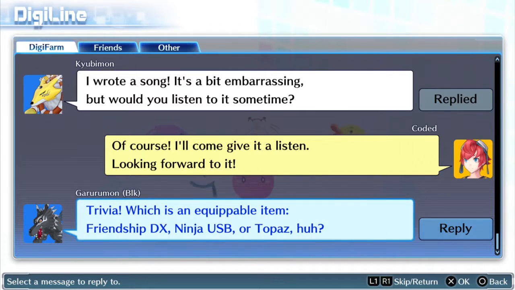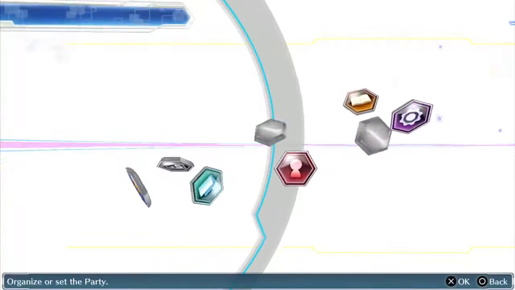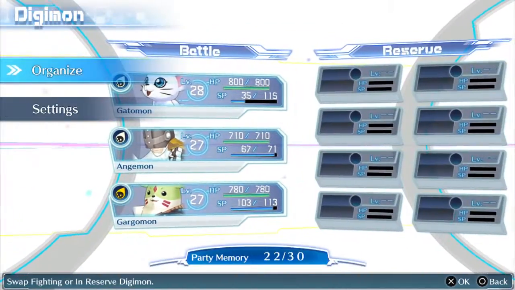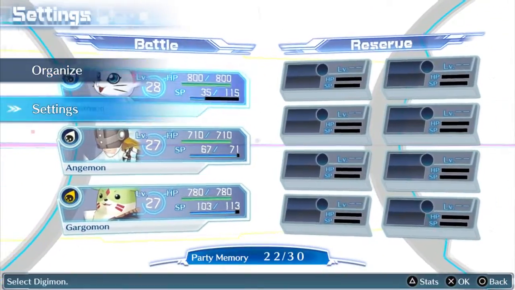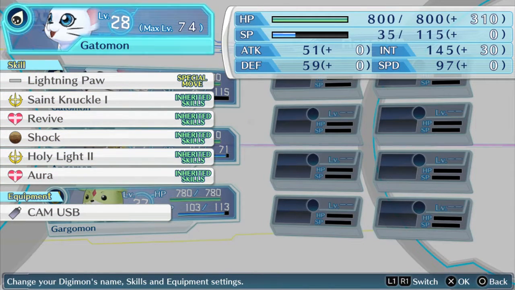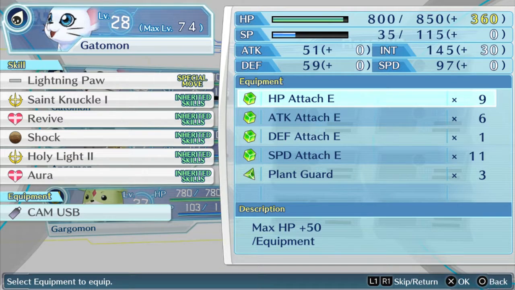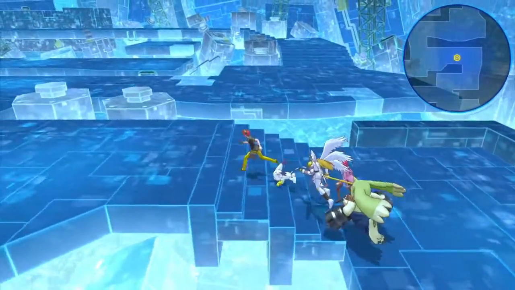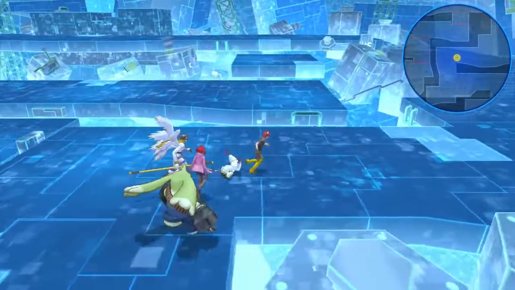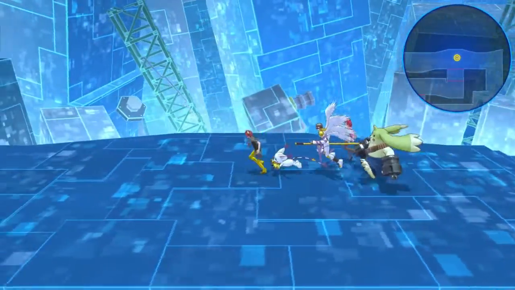Trivia: which equipable item? Which unequipable item? Friendship, DX, Ninja USB, Topaz. Huh. Well, I don't think I have any of those except for... I hate they ask you stuff that you wouldn't really have. See, I have the cam USB and the panic barrier and stuff, but I don't like when they ask you stuff of items you don't have. What even was that? I can't see the bottom. Like, I can't see the little menu buttons at the very bottom, so I don't really know what everything is. See, this is all I got. And from going and collecting every box and doing every quest and killing multiple enemies, because I'm always grinding to level up my Digimon. Which is why these random encounters really annoy me, because I've been through them so many times that their faces just kind of...